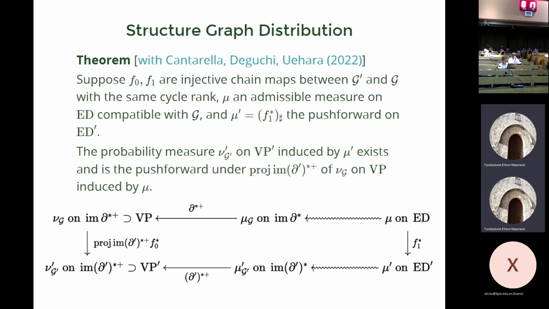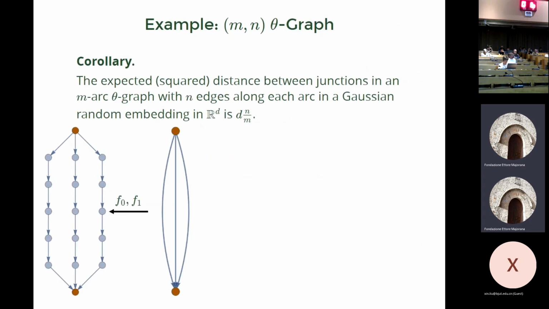So the point is, here's where I understand the distribution very well. And if I can figure out what's going on here, then I can do all my computations on this simple graph rather than on the giant graph. That's the content of this theorem. The statement is definitely complicated, but let me give you some examples of what comes out of this.